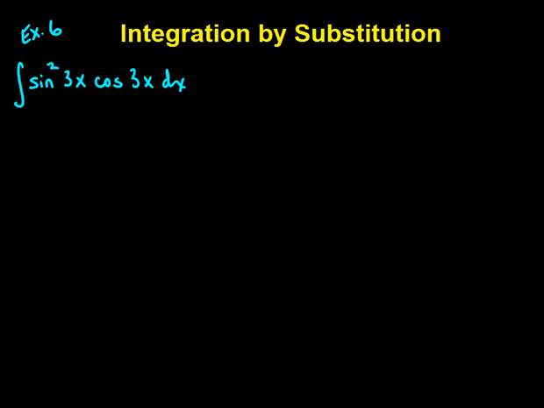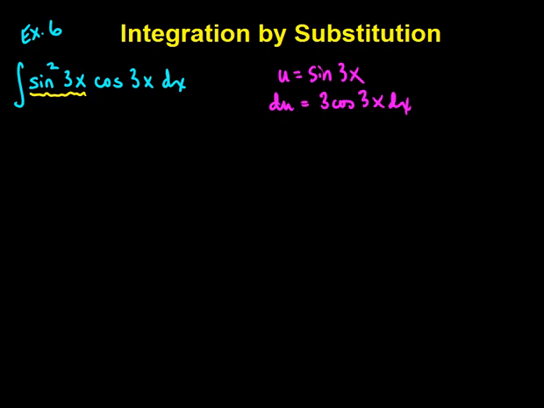Okay, in example 6 we're going to look at an example involving trigonometric functions. So we're going to do some u substitution with trigonometric functions. Again, we're looking for function composition, and it should be clear that sine squared of 3x is a function composition. It's actually a three-way composition, but we'll just take the inside function as sine of 3x, and we'll let that be u. So taking the derivative of that, we're going to get cosine 3x times 3,